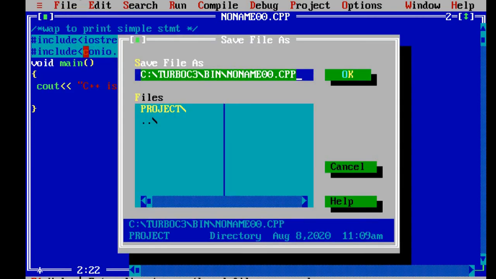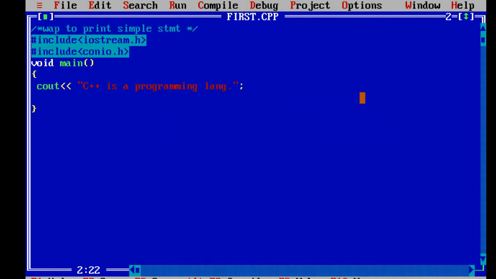Let's save this file in a particular folder with a suitable name. This will by default accept the .cpp extension. If you are running your C program, then without fail you have to give the .c extension, but now there is no need because we are running our C++ program. So let's assume I am giving first. You can see over here it automatically accepts the C++ extension. So this is my program, and for now I am not using any function provided by conio.h.